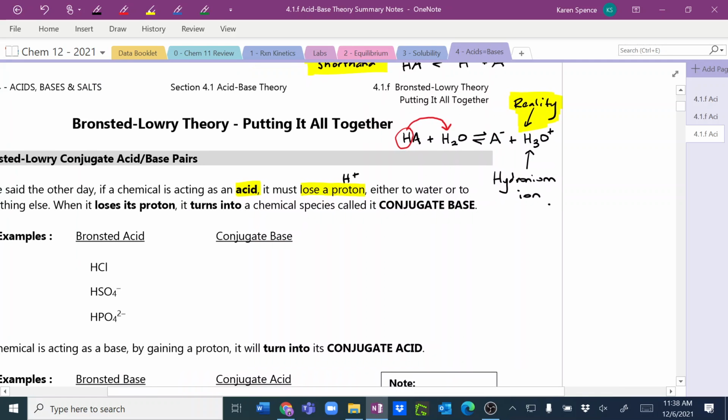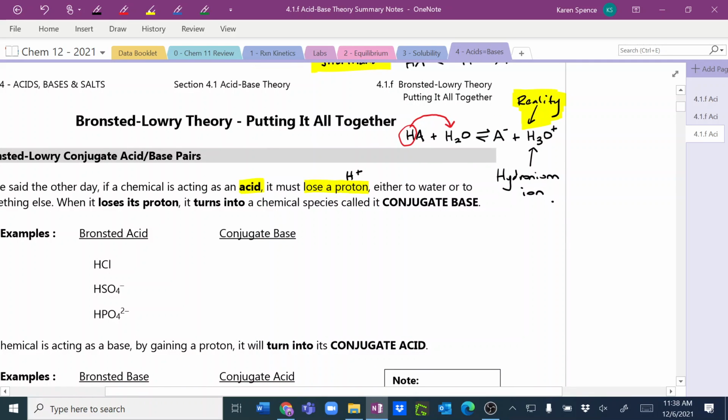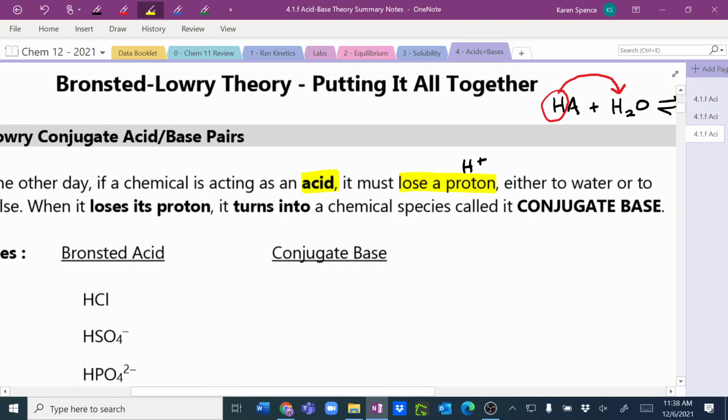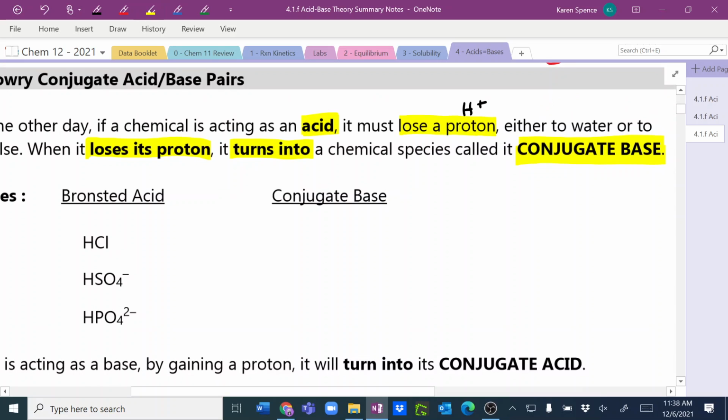So when a substance loses its proton, when an acid loses its proton, it turns into a chemical species called the conjugate base. Are you familiar with that term? Was that a term that you heard? Yes? Good. So if we were to write the conjugate base for HCl,